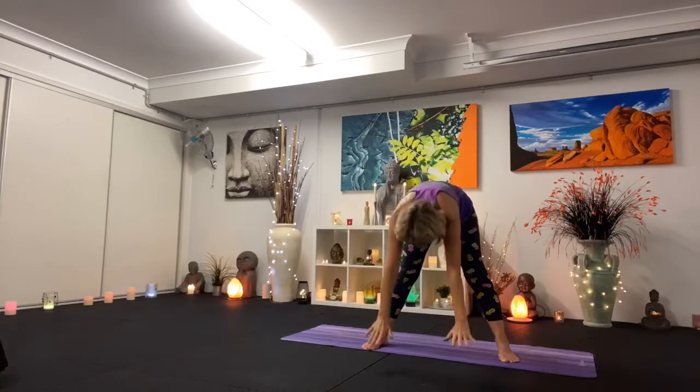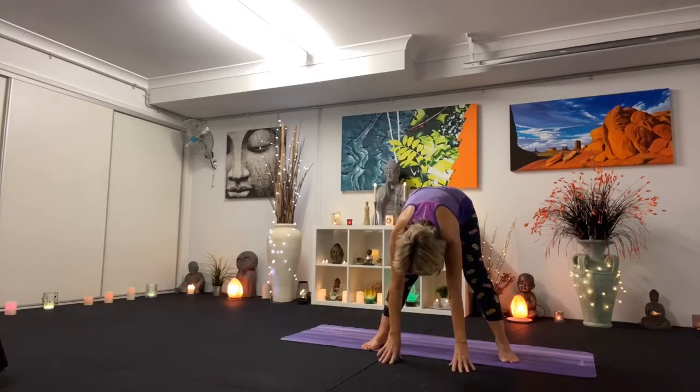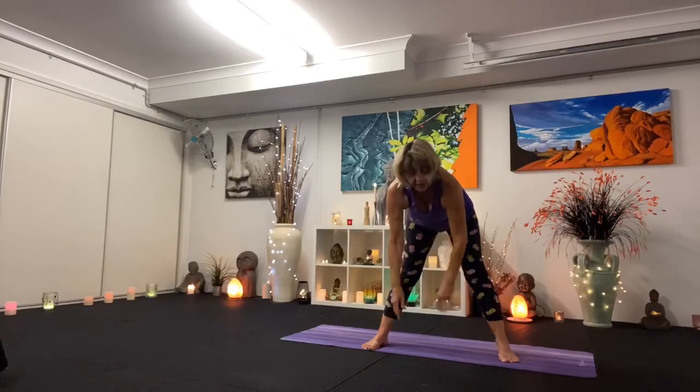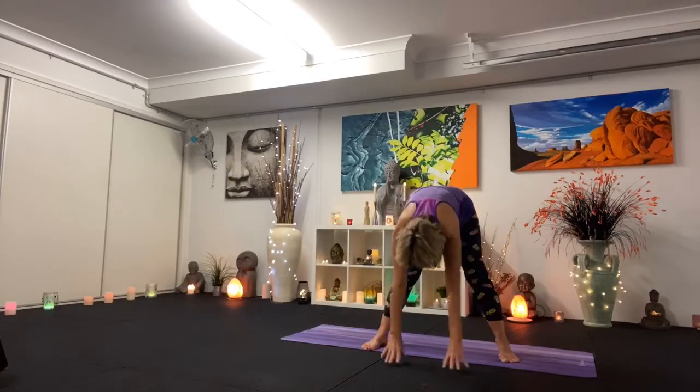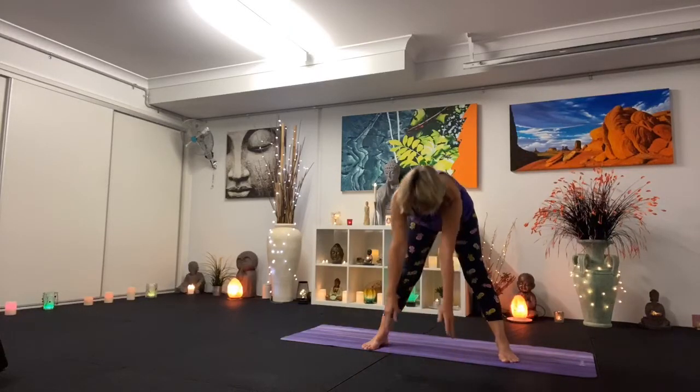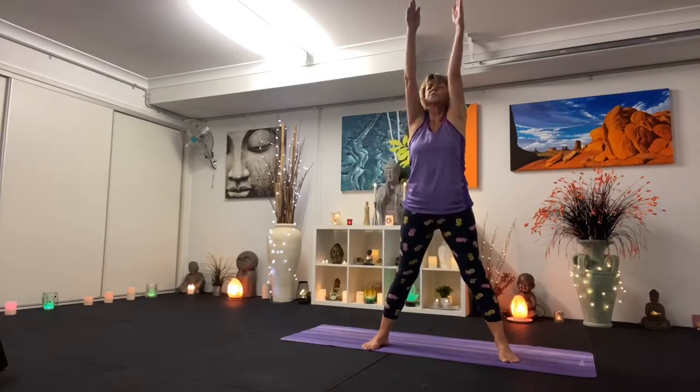Let the hands come down to the ground if they touch. If your hands don't touch the ground, one hand around each elbow. Maybe your hands on your shins or your thighs. Lovely. Inhale as we bring the arms out in front, reaching up tall to the sky, and exhale, bringing our